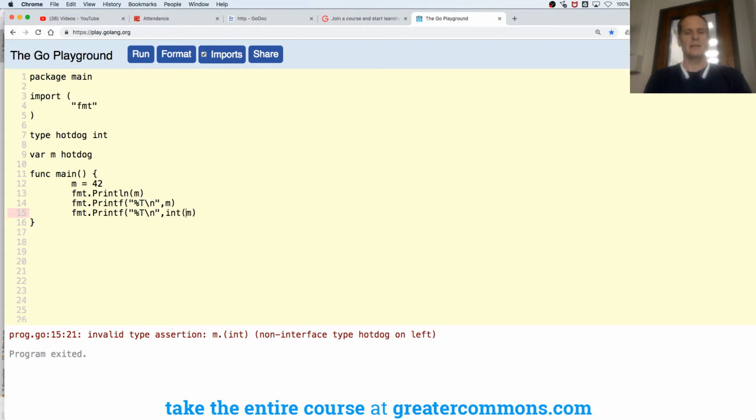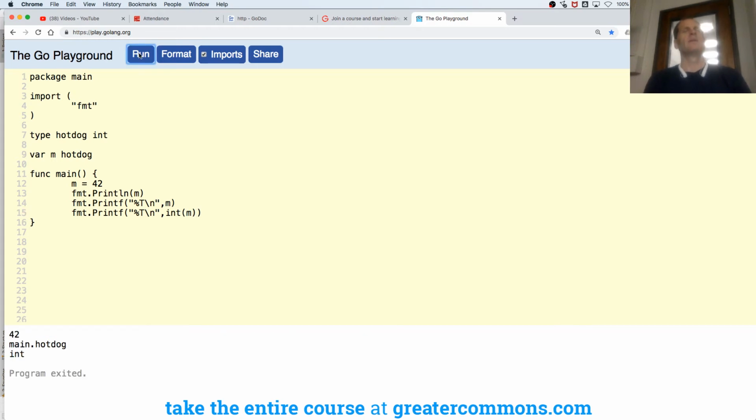So this is conversion, and assertion was if it's of type interface, I could assert it's another type. So that's conversion. I converted it to an int because that's its underlying type. Point being,